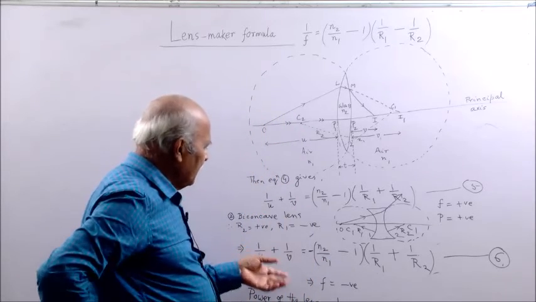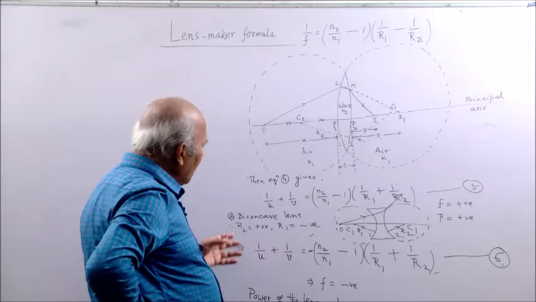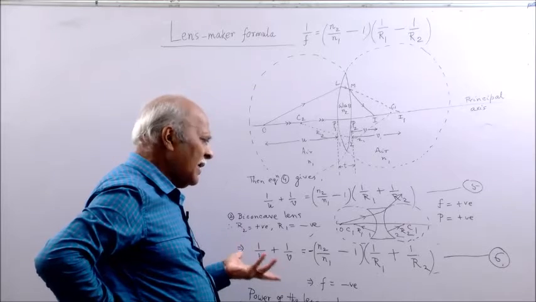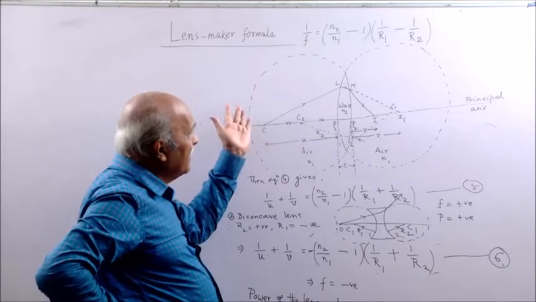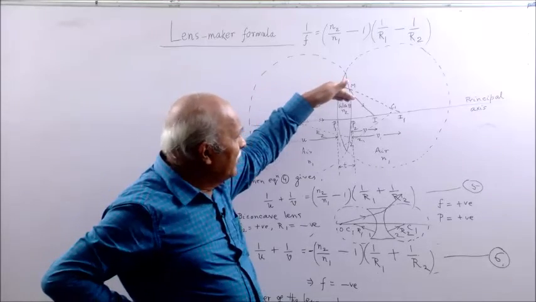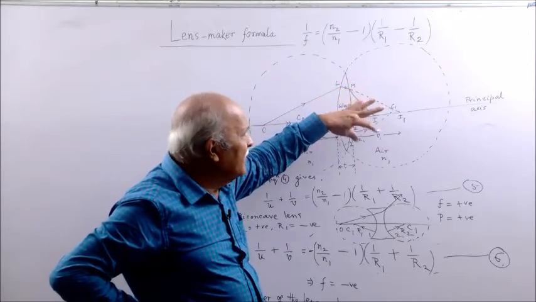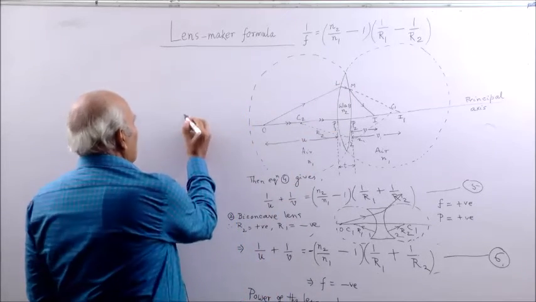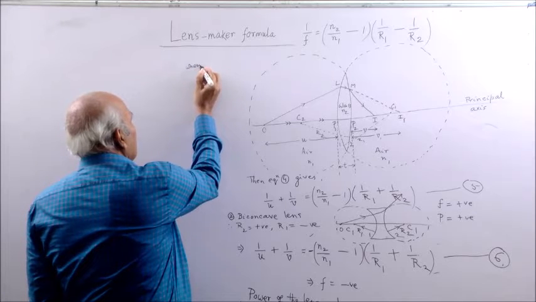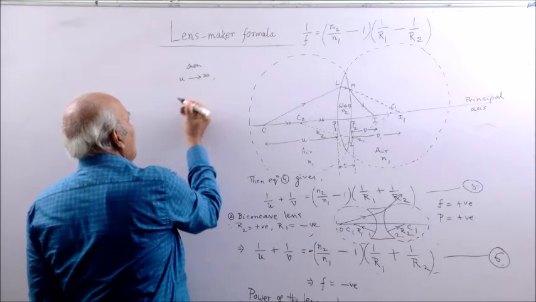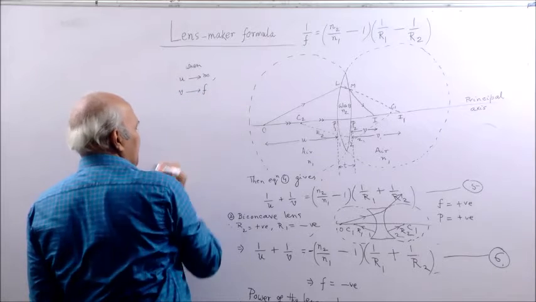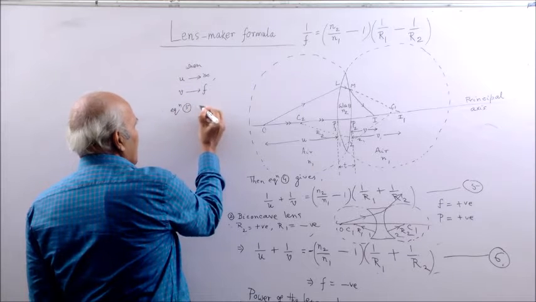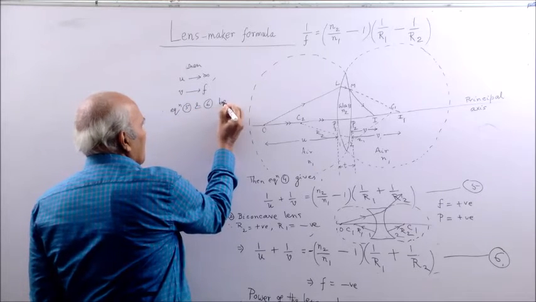Then to introduce the focal length in this formula, we can use 1 by v minus 1 by u is equal to 1 by f directly, or you can say if the object is at infinity, the image will be at the focus. So image distance is equal to focal length. U tends to infinity. So when u tends to infinity, comma v tends to f. So equation 5 and 6 become